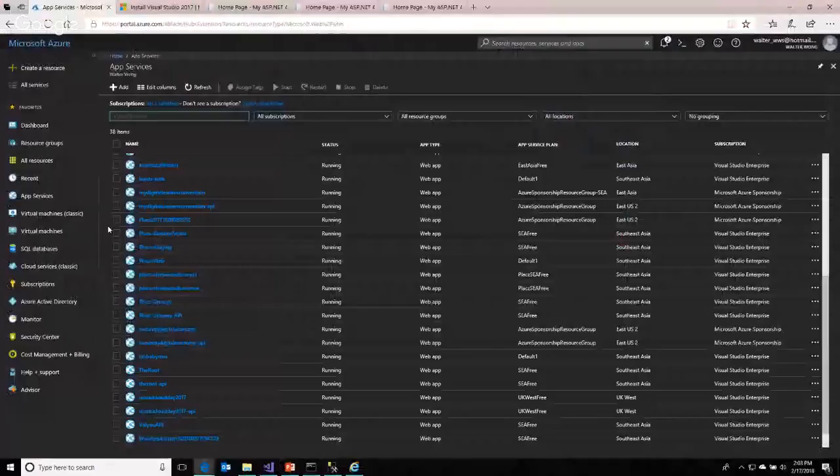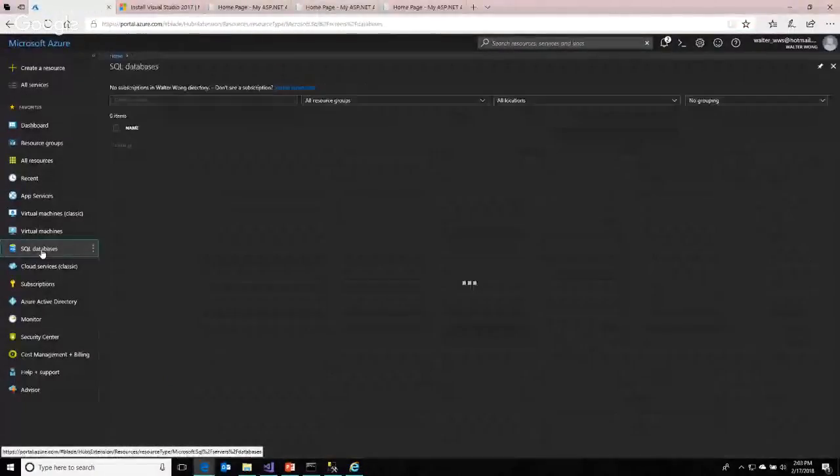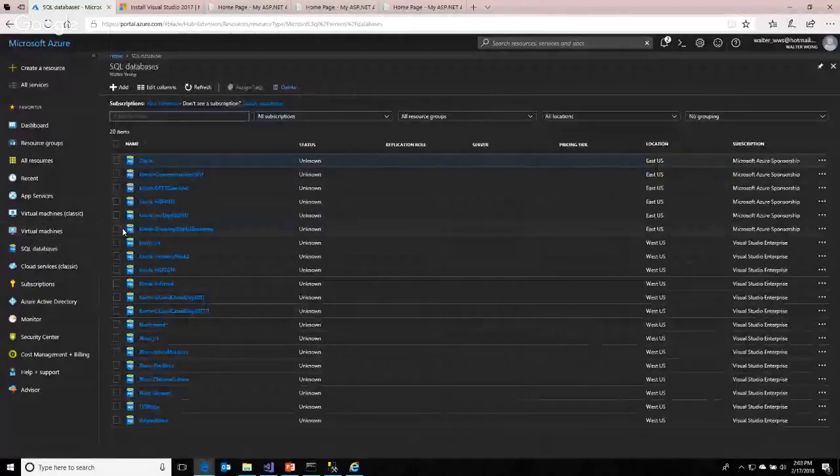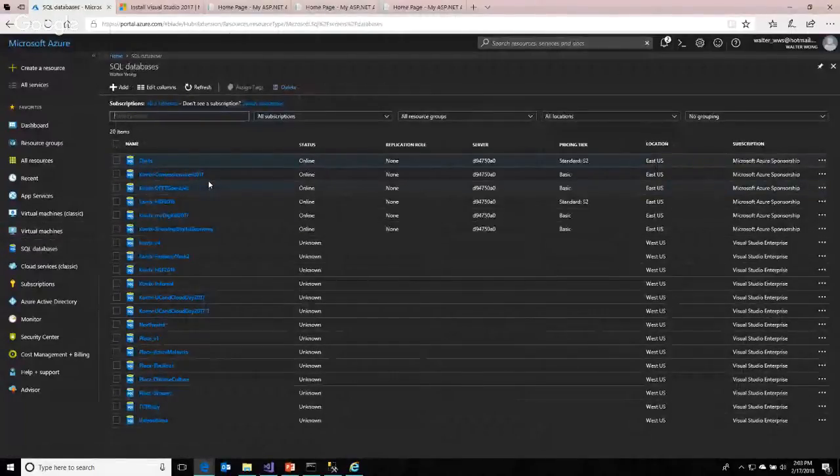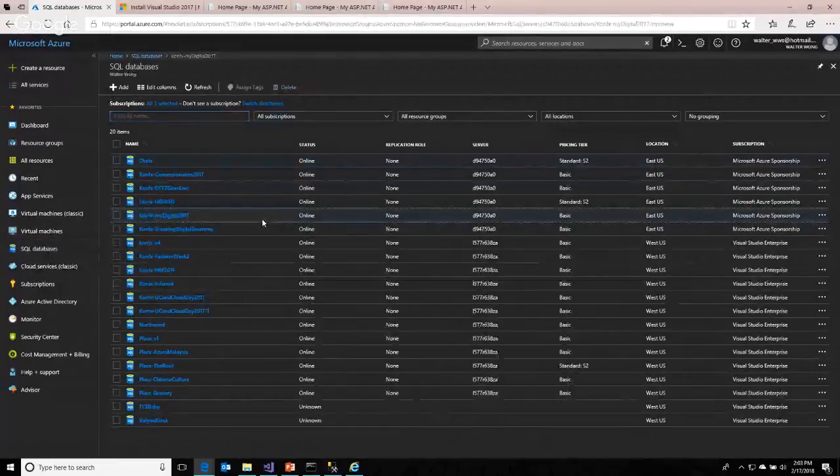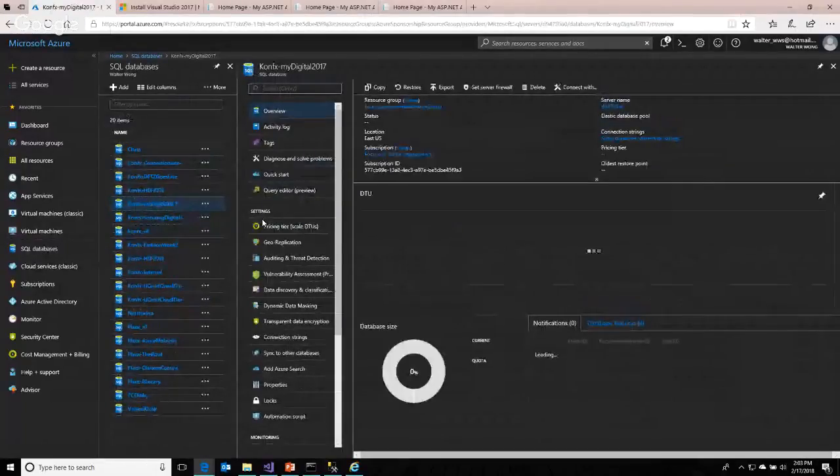Right, let me go to my Azure, let me go to my SQL database. Let me pick one of those and we can take a look. Let's go to this one. I just shared with you some of the samples that we have here. When you come to this screen, it tells you about the traffic.